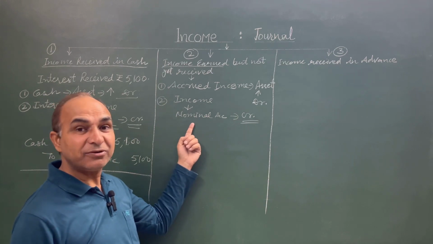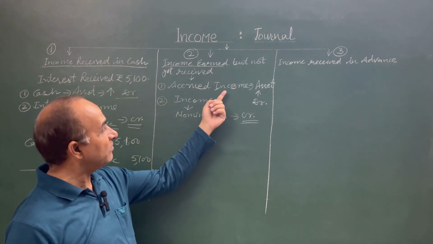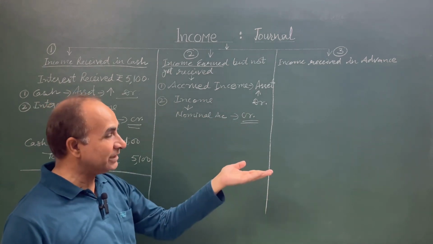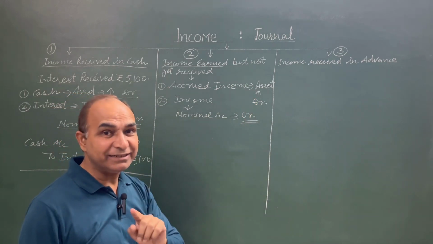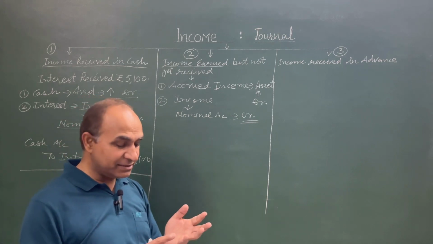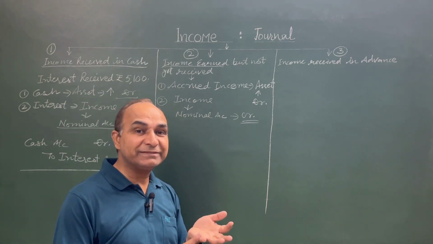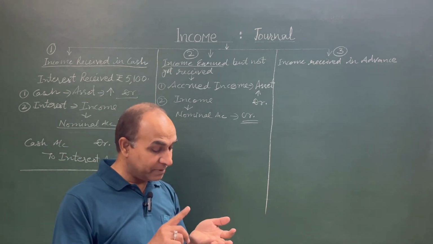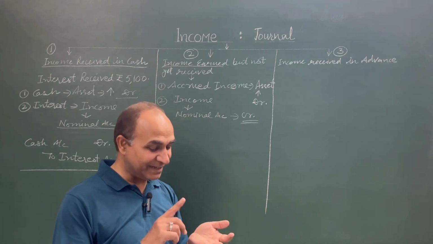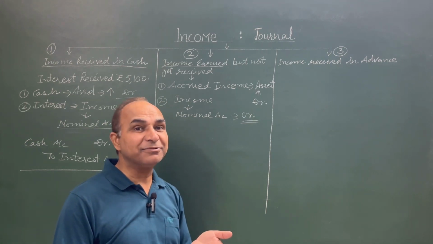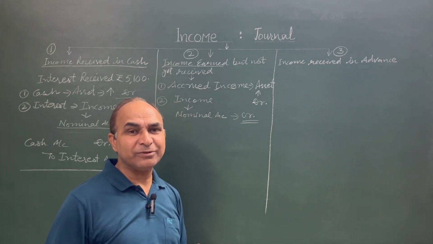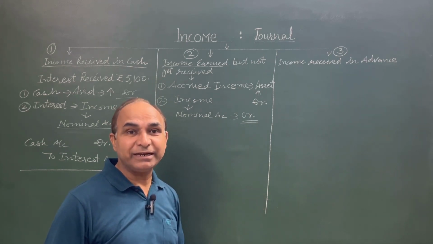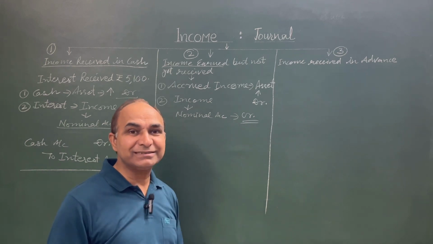Nominal account: credit all income and gains. And this is the modern approach. Increase in asset is debited and decrease in asset is credited. In order to pass journal entries while outstanding expenses, prepaid expenses, accrued income, and unearned income take place, we need to use the modern approach of accounting, the modern approach of rules of debit and credit, to understand these journal